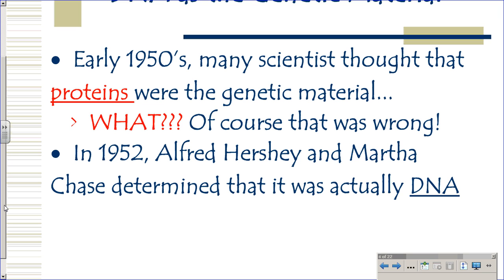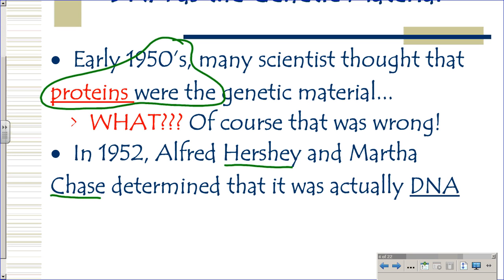So in the 1950s, they thought proteins were the genetic material because they didn't understand enough about DNA. But we are so far past that. We've got so many DNA technologies and cool invasive technologies that we can actually see what's passing on. So we know proteins are not it. We now know based off of Dr. Hershey and Miss Chase, not Hershey's chocolate, okay? They said, no, DNA is actually the thing that's passed on. So write down what you need to there. Proteins used to be what they thought, and now we know for sure it's the DNA.